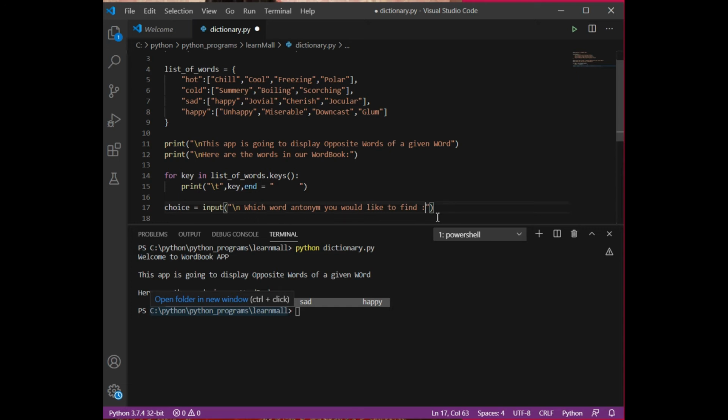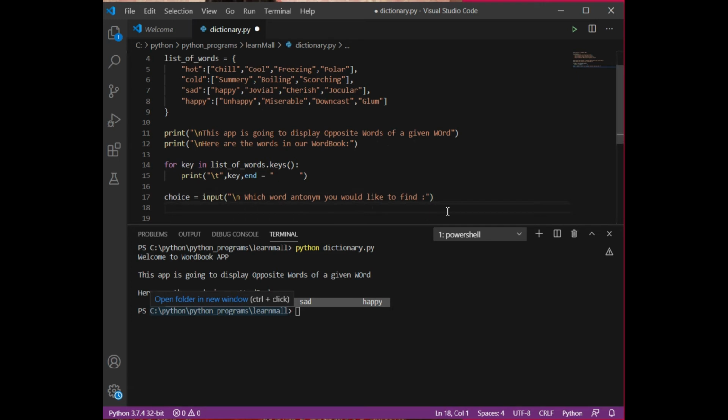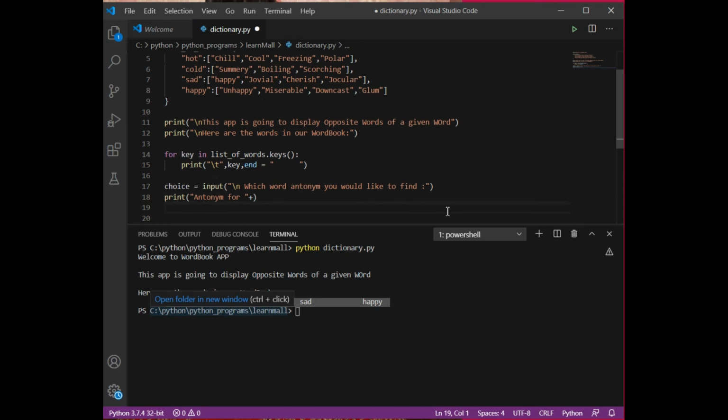Okay, so now see, first of all, we have asked from the user. Now user has entered it, and now we are going to print a message that antonym for, and then we are going to display the word whatever the user is entering, that is stored in choice.